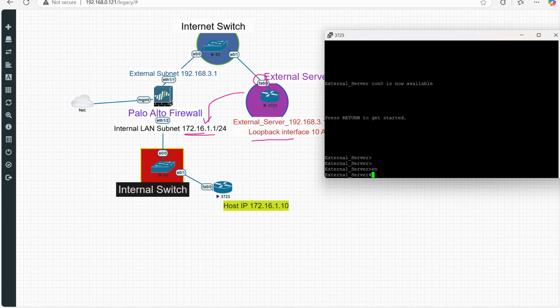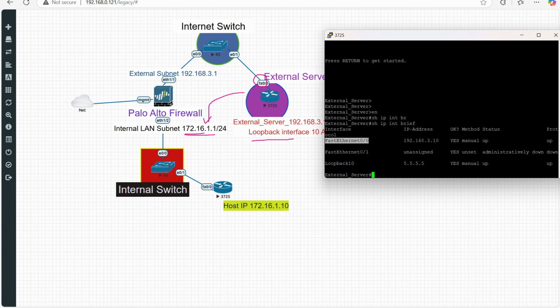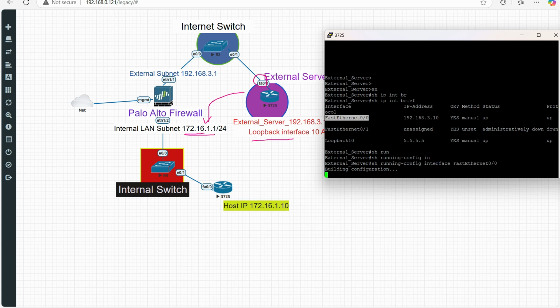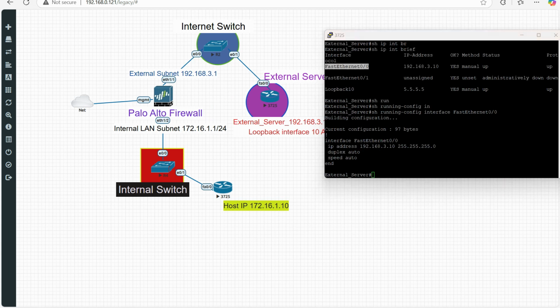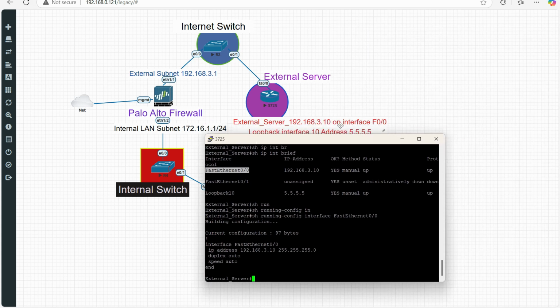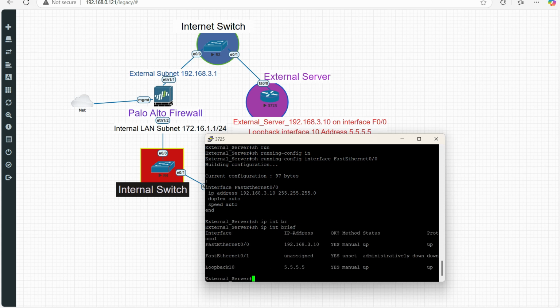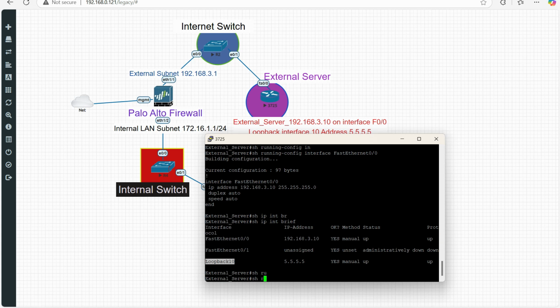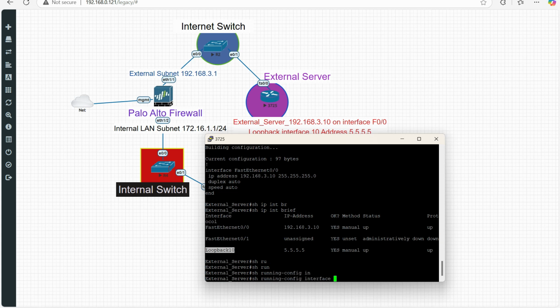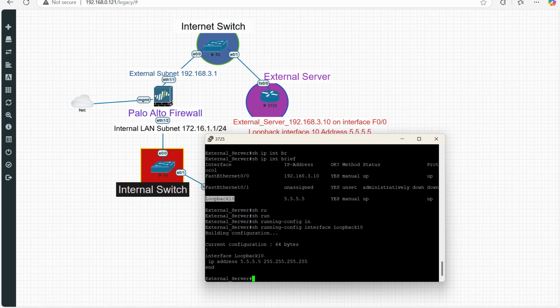Let's validate the configuration. So, show IP interface brief. If I show you the IP address, I just assigned the 3.10, which I have mentioned here as 3.10 on F0/0. I have one loopback address also, which is this loopback 10, so that I can generate traffic for other IP addresses or other ranges. And